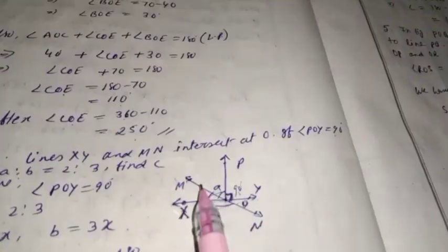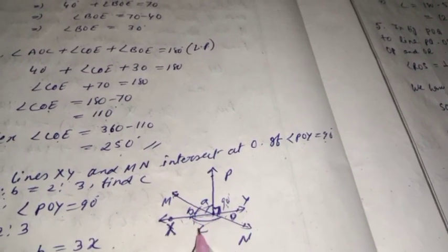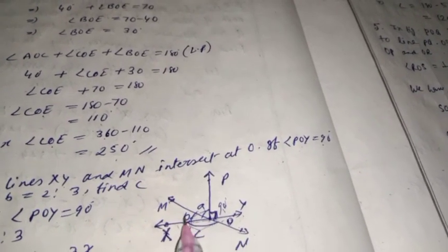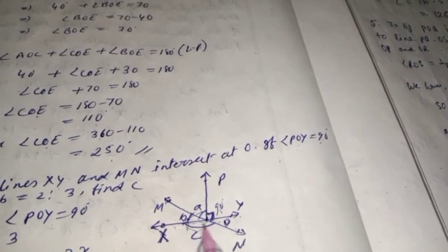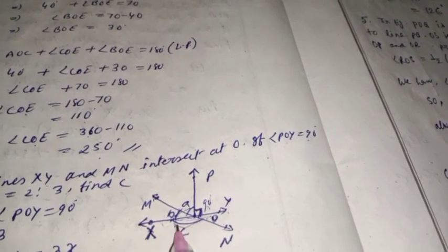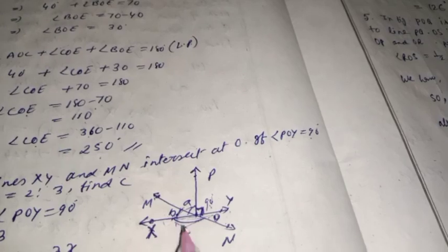Again, MN is a line. See here, this MN is a line. If MN is a line, then what is the sum of the angle B and C? It is also 180 degrees, because this angle and this angle are forming what? Linear pair. That is why B plus C is 180. So MN is a line, so B plus C is 180, LP. LP means linear pair. B, how much did you get just now? 54. So 54 plus C is 180. So C is equal to 180 minus 54. How much? 126 degrees. So like this you can find out angle C. Clear?